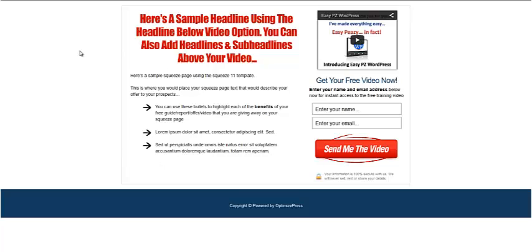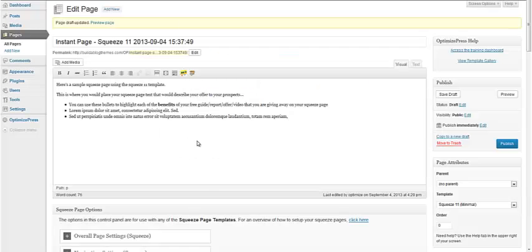Now a lot of these OptimizePress pages all look the same because they use a standard template, and it would be nice to jazz them up a little bit. So I'm going to show you how, just by using some simple HTML coding, we're going to jazz this page up slightly to make it look slightly different. So we head back over to our